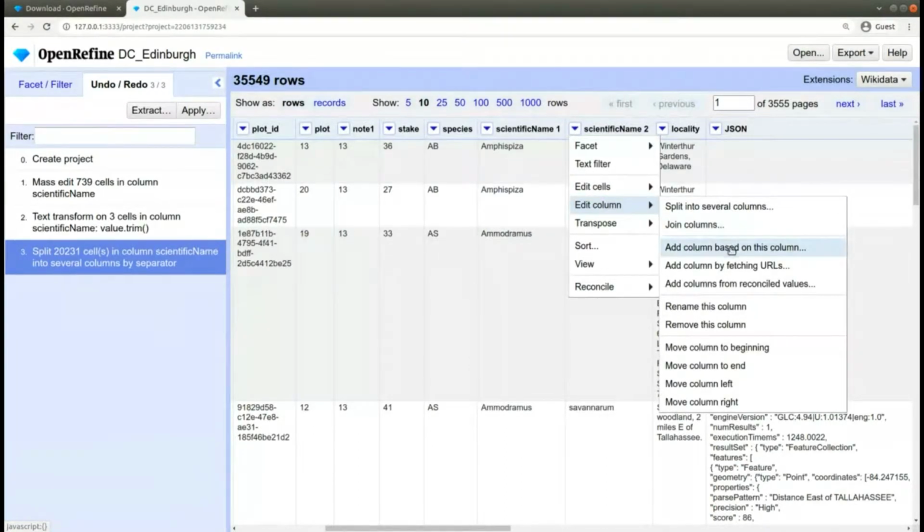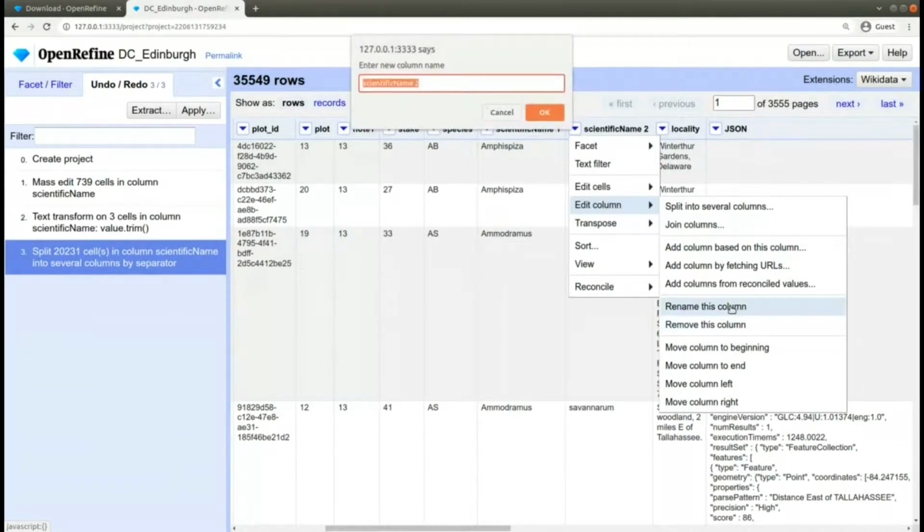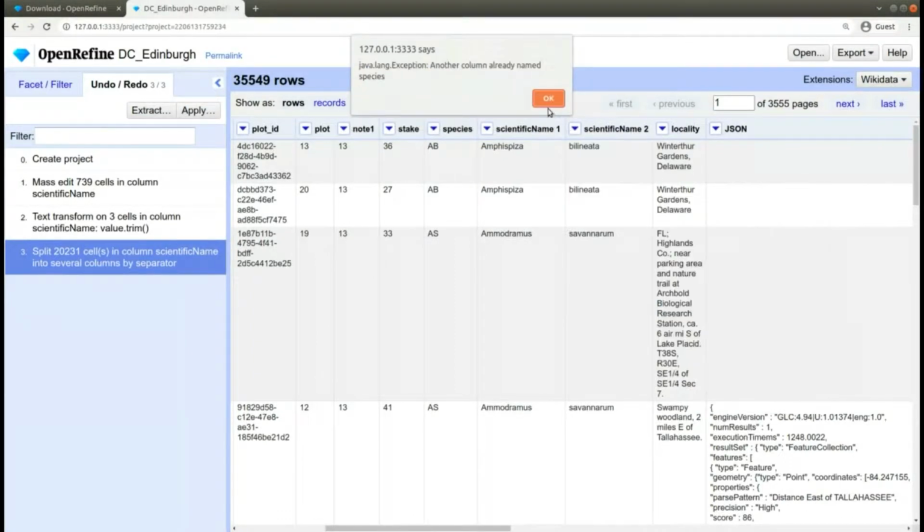I guess here should be, okay, rename this column. So you can use species,